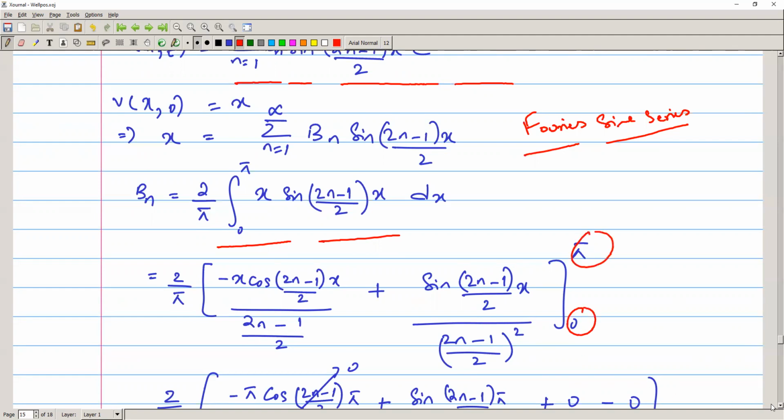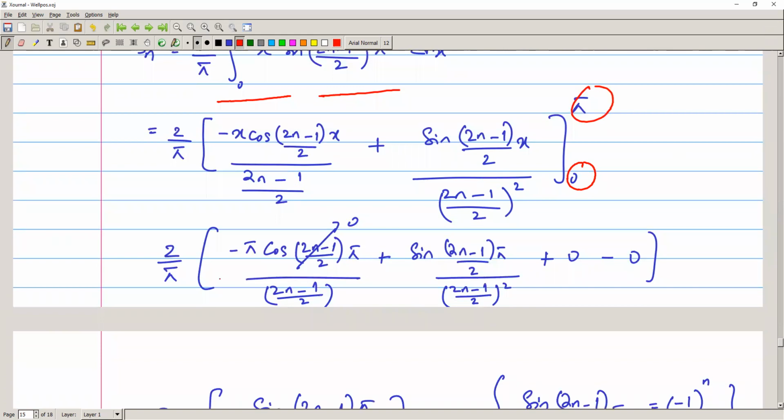We will apply the limits. Here we can see that 2 over pi is equal to negative pi times cosine 2n minus 1 over 2 pi. It's 0. We already shown this in the previous step. So this cosine 2n minus 1 over 2 pi is equal to 0, right? Because you know that cos inverse 0 is equal to this term, so cos of this will be equal to 0. And then sine 2n minus 1 over 2 pi over 2n minus 1 over 2 whole squared,